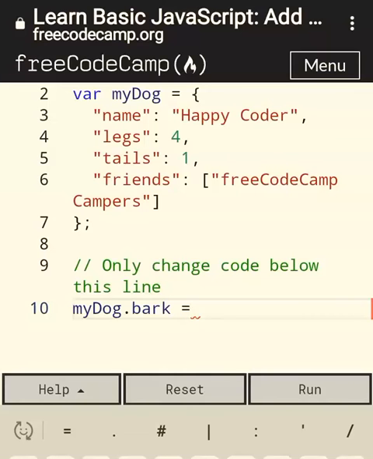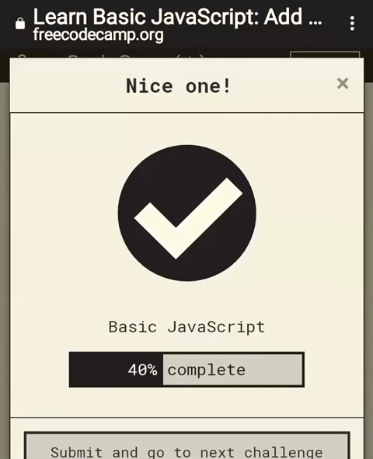So within quotes, woof. Wait, let me set this right. Let me write. I have some issues with my keypad. So now, okay, woof. Otherwise, it's hard to do it. Okay. So myDog.bark value is woof. Let's run this. There you go.